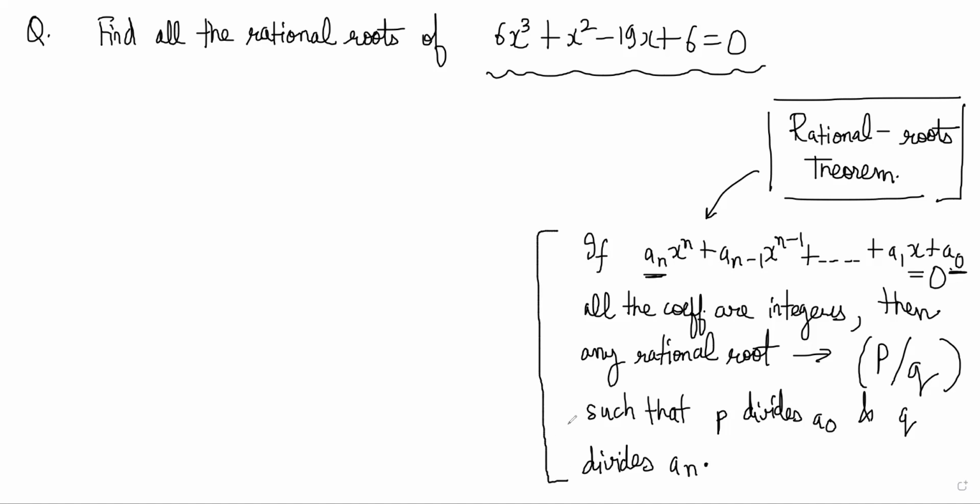The proof of the rational roots theorem is pretty straightforward. If you put in p by q in it,